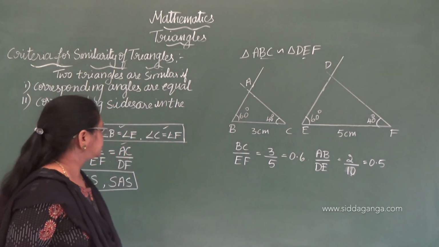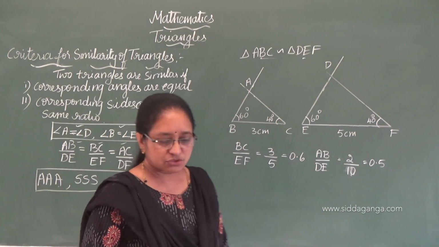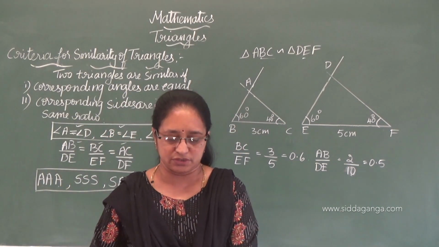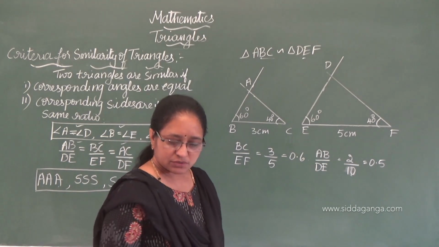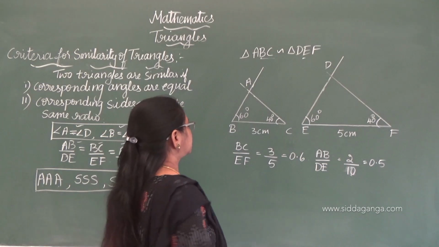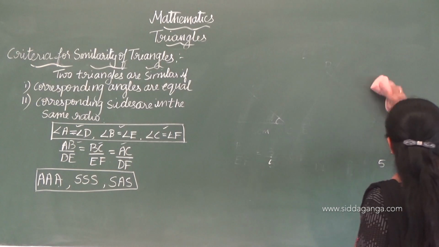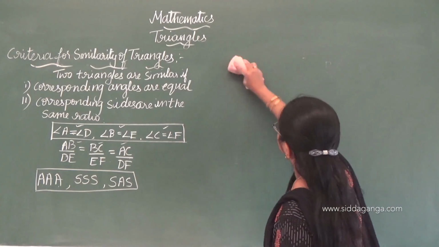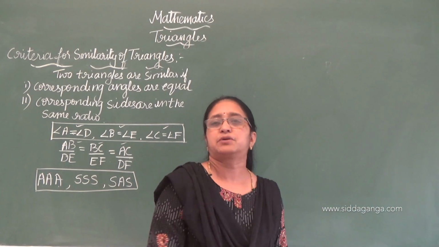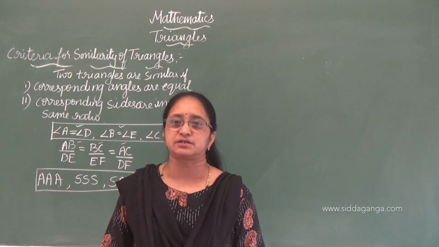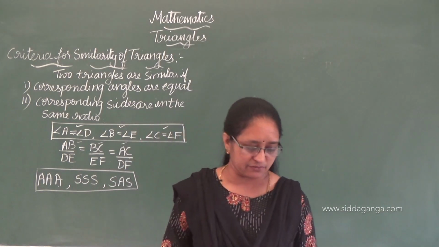So what I need to tell you is that by activity we proved this, correct? So we can prove it with a definite proof, we can do it now. So let me show that proof now. I hope you understood. So when constructing, the sides definitely will be proportional. I hope you have checked with this activity, and they have also given it in your textbook, please refer to it.